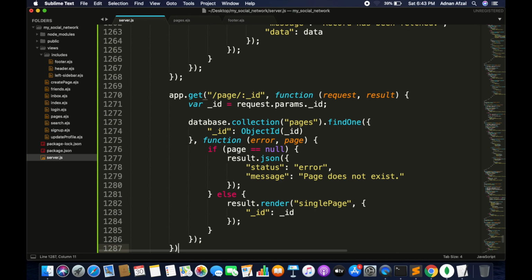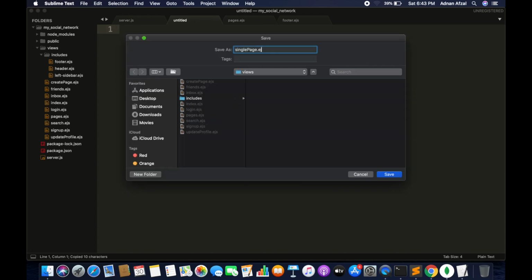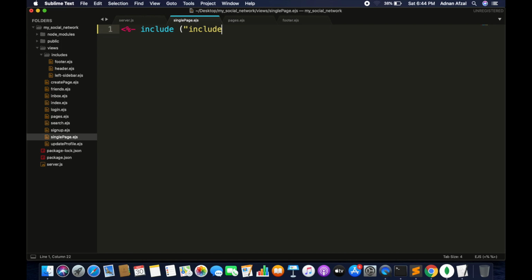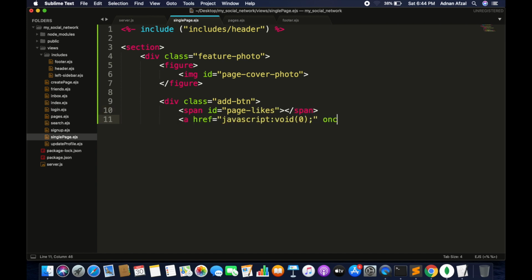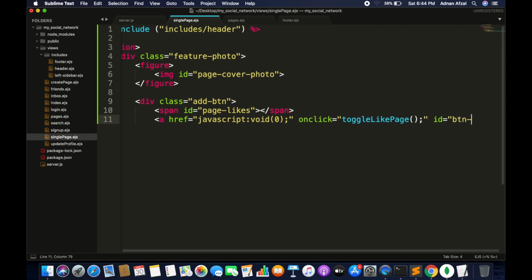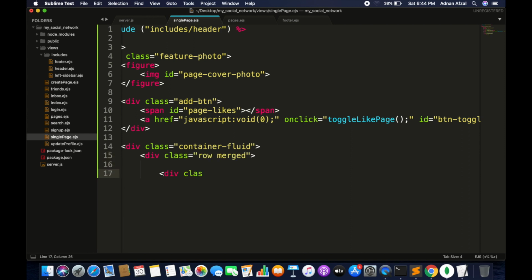We can send the whole pages object, but we need to update the data dynamically. So it will be good to get the data using Ajax. In this new file, create header, create main section, show cover photo of page, a button to like or unlike the page, name of page,